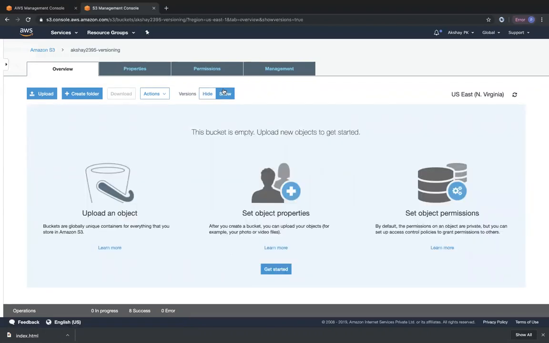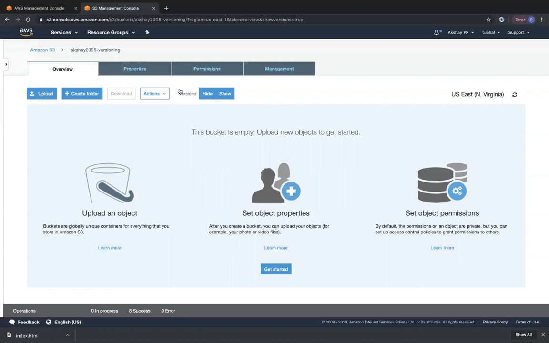AWS thinks, okay, these guys have enabled show versions and they actually know what they are doing. Let's go ahead and delete the object. That's how they think, or that's how I think and correlate it. So when you have hide versions, it means you might not know what you're doing. You are doubtful. You have deleted the object, you have made a mistake, so AWS places a delete marker. But when you have show versions enabled and you delete an object, AWS thinks that you actually know what you're doing. So this is all related to versioning.